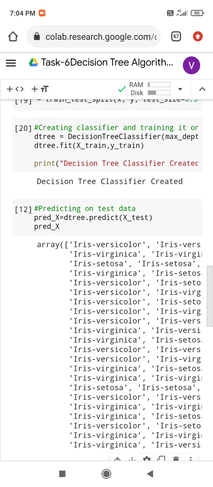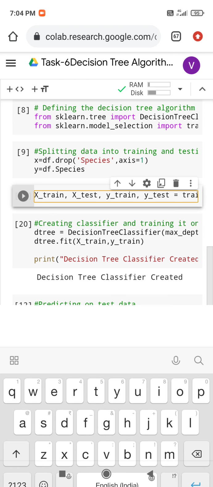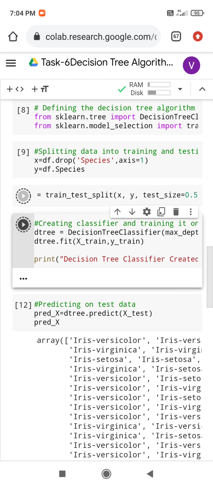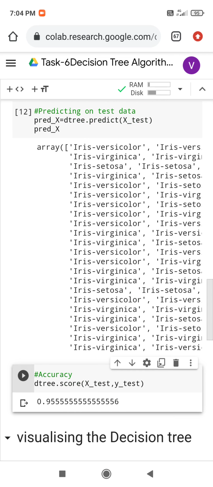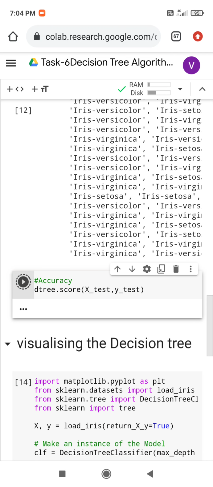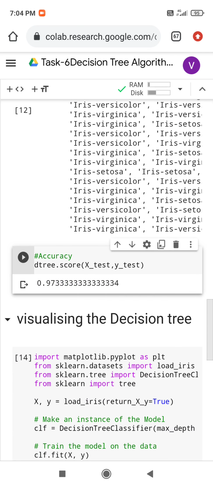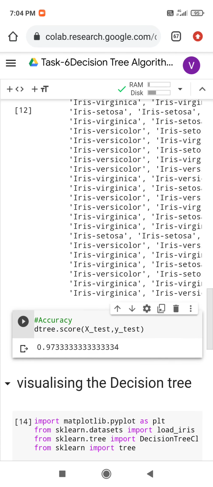As the test size increases we get the maximum accuracy. So with the test size as 0.5, I get the maximum accuracy of 97.3%.